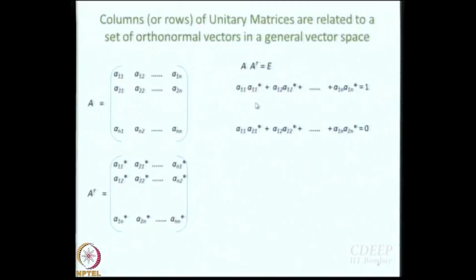You got A11 into A11 star plus A12 into A12 star plus etc., plus A1n into A1n star equal to 1, and you had also got for the 1 2 element A11 A21 star plus A12 A22 star plus etc., plus A1n A2n star equal to 0,